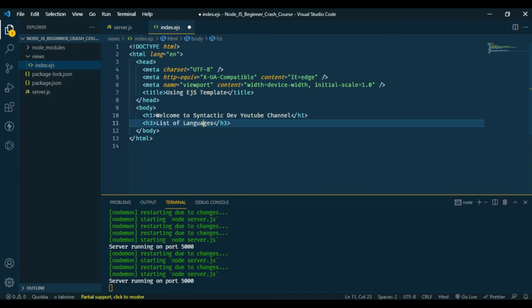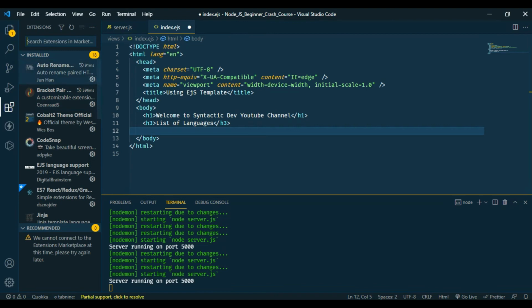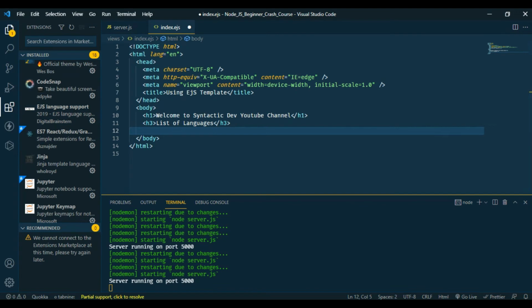And so, to loop into the file, there is an extension for each, for loop, and other things in EJS. So if you want to make it easier for you to write EJS inside the template engine of EJS, you have to install an extension. So let me show you the extension right here, EJS language support. So you just have to install it on your VS Code,